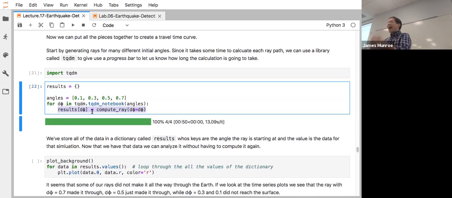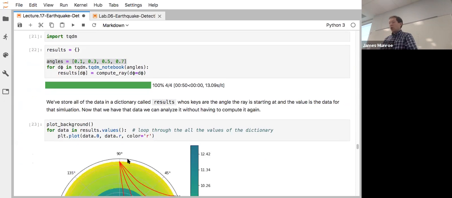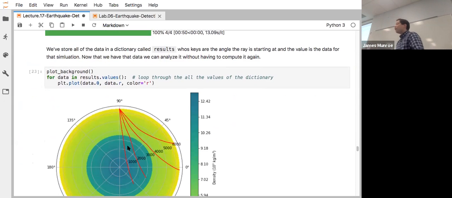Okay, so once you have the data stored in this data structure, rather than looping through this list, I can loop through the actual values of the dictionary, the contents of it, and just pull out all of those data sets and show you all of the data in one go. So what I've done is I've sent in 4 different rays. My first ray is straight down, and then I've added an angle of 0.1 radians. My second ray, I've straight down, and I've added an angle of 0.3 radians, 0.4, 0.7, 0.9 radians all the